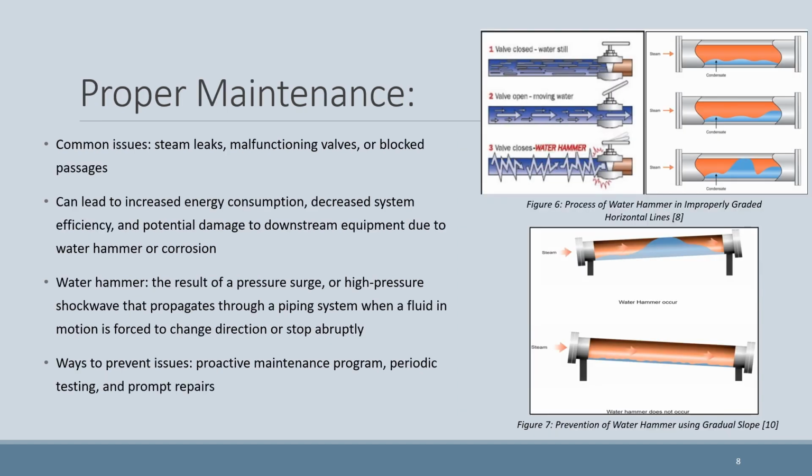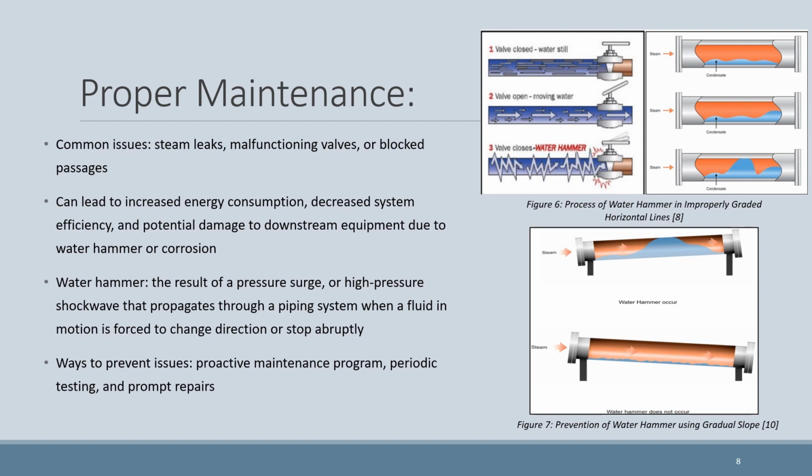Proper maintenance is essential in ensuring the efficient and reliable operation of steam-based systems. Regular inspections help identify and address issues such as steam leaks, malfunctioning valves, or blocked passages that may compromise the performance of the steam trap. The impact of malfunctioning steam traps can be significant, leading to increased energy consumption, decreased system efficiency, and potential damage